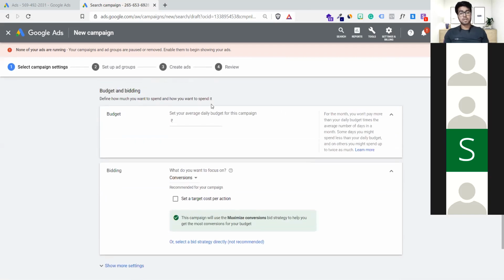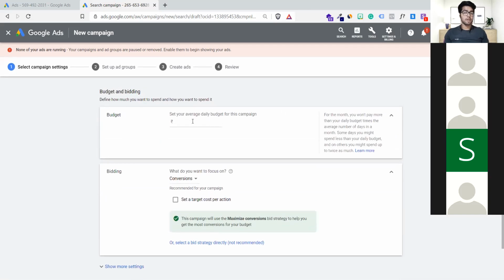Now let's come down below. Now we have the budget and bidding option. So we are putting 500 rupees a day as the budget on this campaign. You can put any number. Sometimes I put 512 or 513, some random number. I don't give round figures.